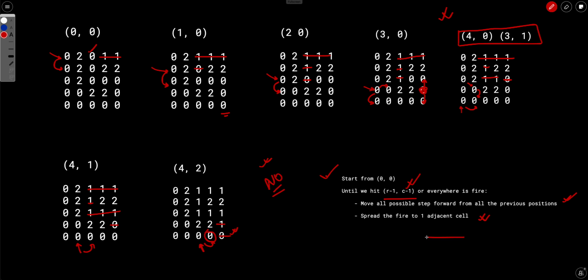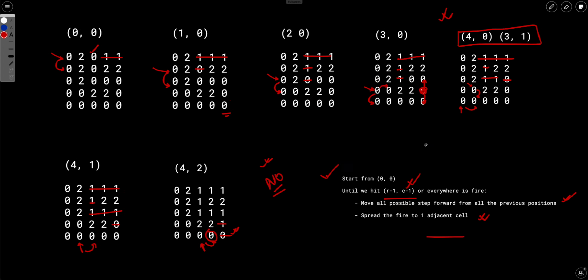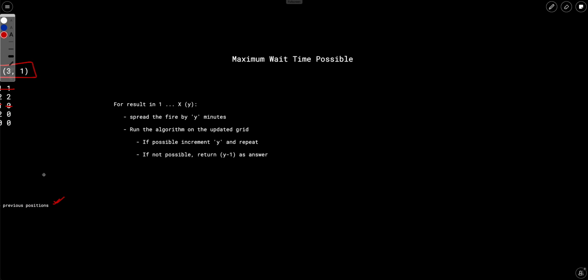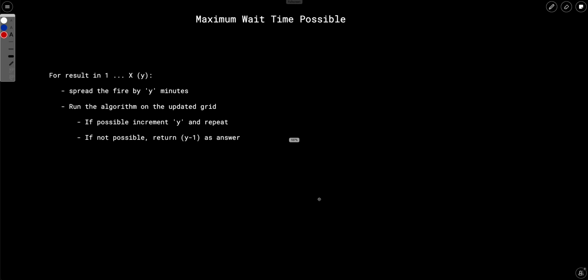So now we have an algorithm which will tell us whether it is possible for a man to reach a particular destination or not. Okay. Now how to solve the actual problem? So the actual problem was the maximum wait time possible. Okay. So the solution of this is actually simple. Let's say we have some grid. Okay. So we have